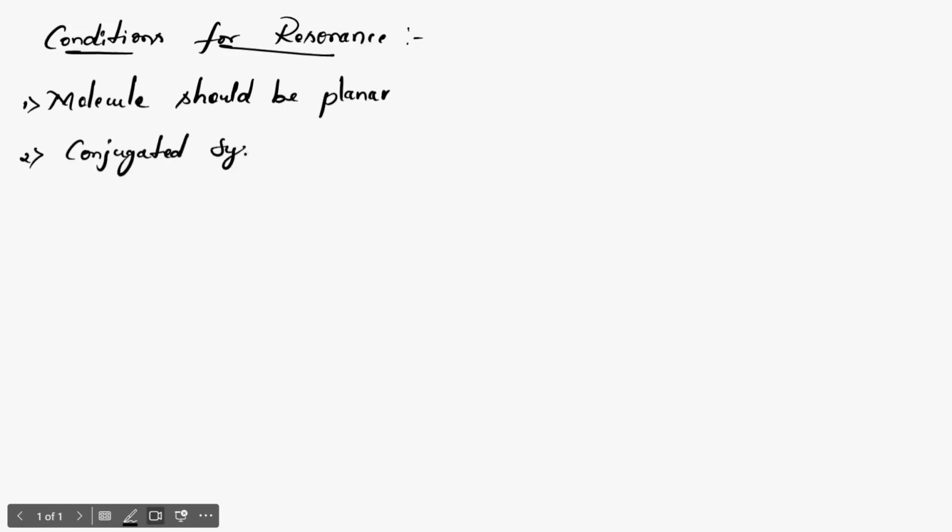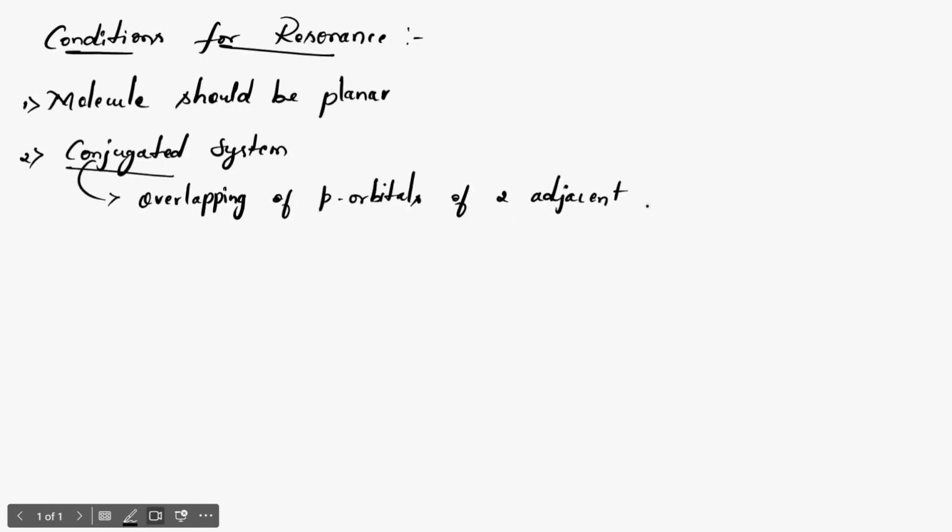Conjugated system. Here the conjugation means overlapping of p orbitals of two adjacent atoms. For example, NH2 single bond CH double bond CH2. Here this is the pi bond and this is the sigma bond, and here nitrogen will be having a lone pair of electrons. This can also be written as,